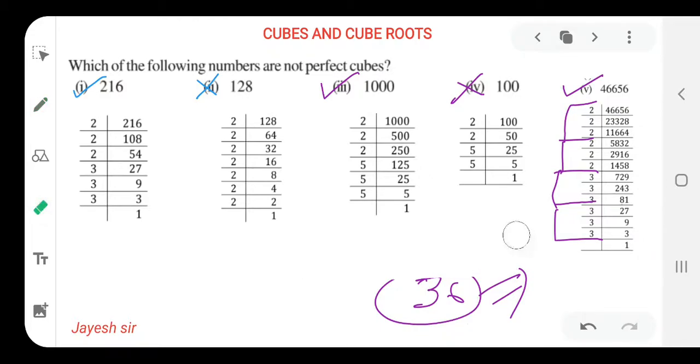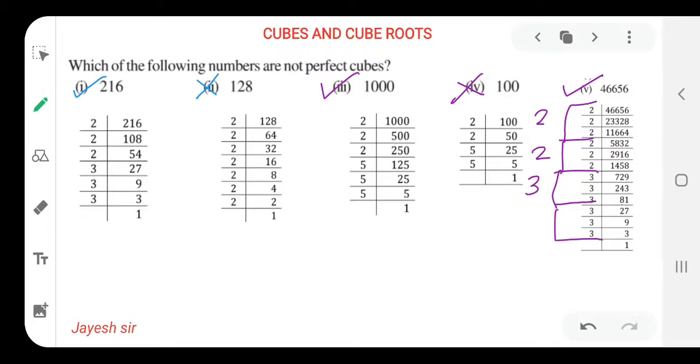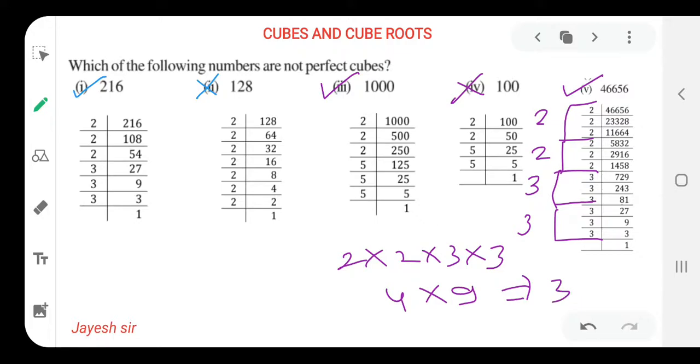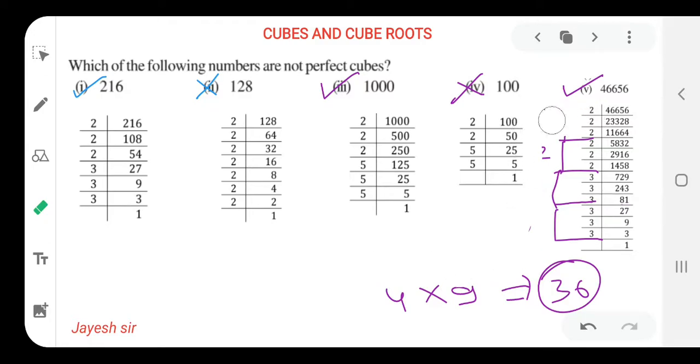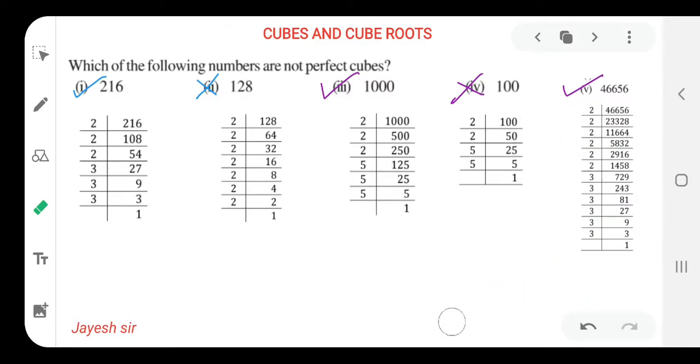We don't need to find which number it is the cube of over here, but I have informed you and made you assured that in this way we will solve in future how to find the cube. By this method we can find. Out of 3 2s we need only 1. Here also out of 3 we need 1. Here out of 3 we need 3. Now we'll multiply all the numbers. That is 2 multiplied by 2 multiplied by 3 multiplied by 3. 3 3s are 9, and here 4. 9 4s are 36, which indicates that it is the cube of 36. In this way we should find, and we can get whether the number given is a perfect cube or not.